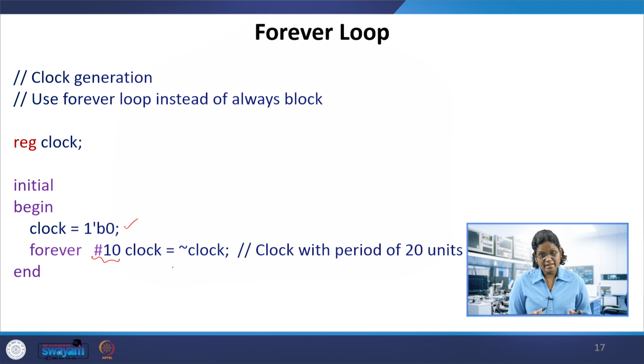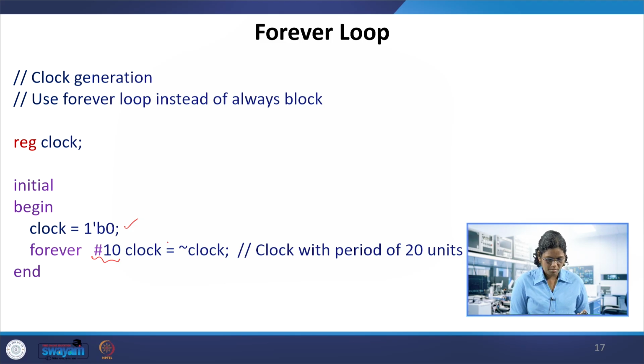We will see delayed evaluation and delayed assignment, all those things, when we deal with the timing controls. Right now we have put the #10 before the clock = ~clock. So this will continue forever. There is no stop here. So we can have an initial block and then at some point of time $finish, otherwise it would continue. So we'll be stopping at some point, say #1000 $finish, in an initial block, and that statement needs to be added for stopping the clock at some place.